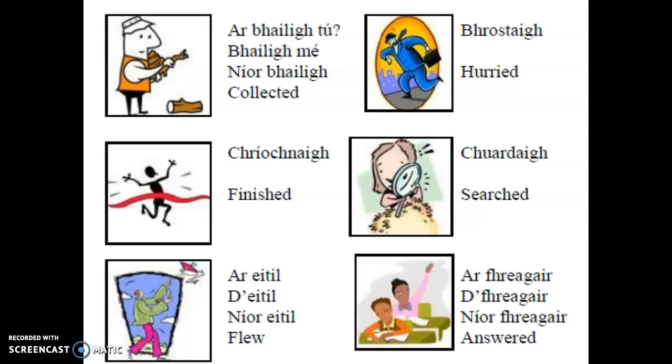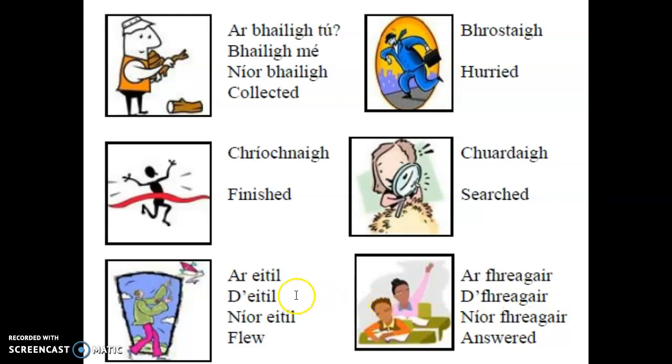Past tense verbs, page 2. For all of these verbs, when asking the question, you put in front of the verb, and if the answer is no, you put in near. Volig, volig, near volig. Vrustig, vrustig, near vrustig. Kriegnig, kriegnig, near kriegnig. Chordig, chordig, near chordig. Ettel, dettel, near ettel. Ragger, dragger, near ragger.